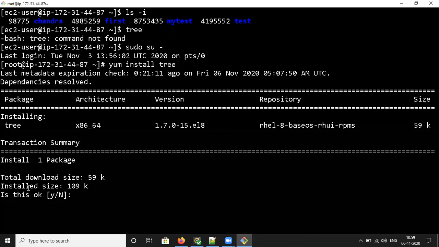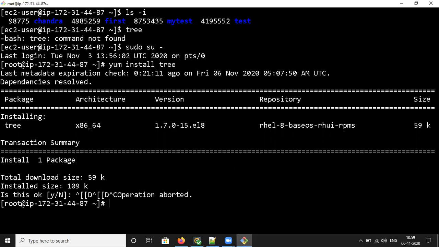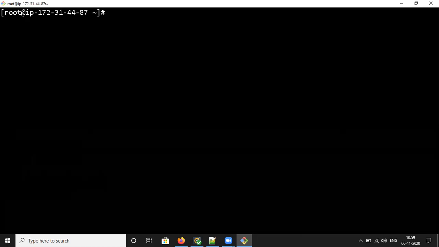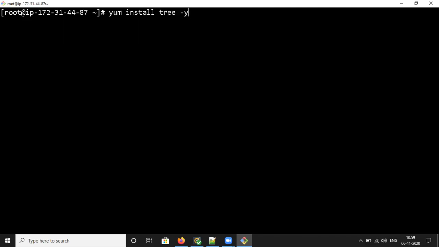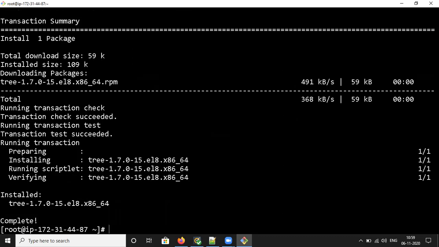See, it is asking, is this okay? Yes or no? If I say no, I'm going to cancel this. So I'm going to use tree -y. It is not going to ask for your permission. Directly install. See, it is directly installed. Now you can exit.